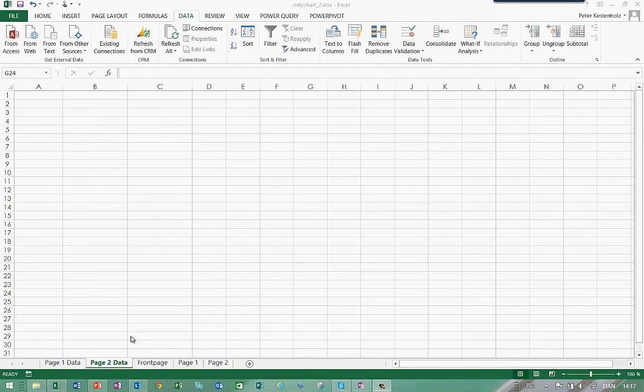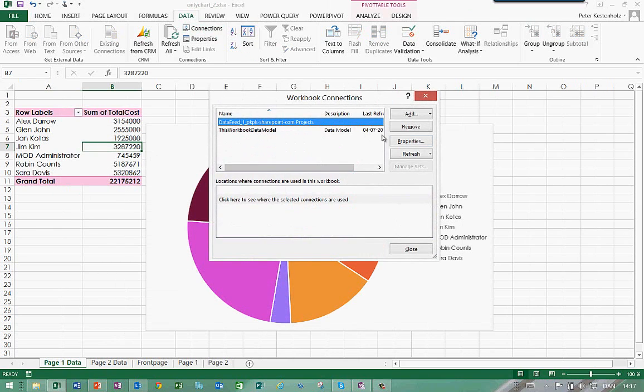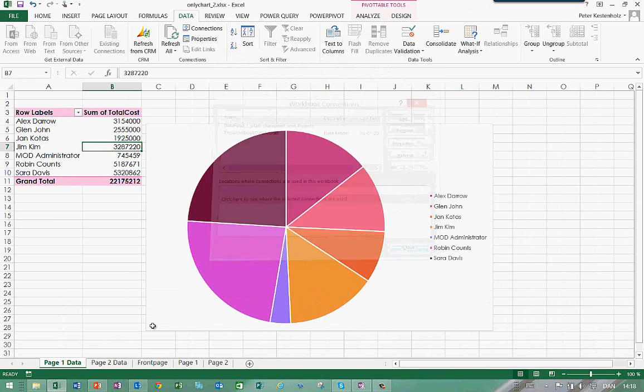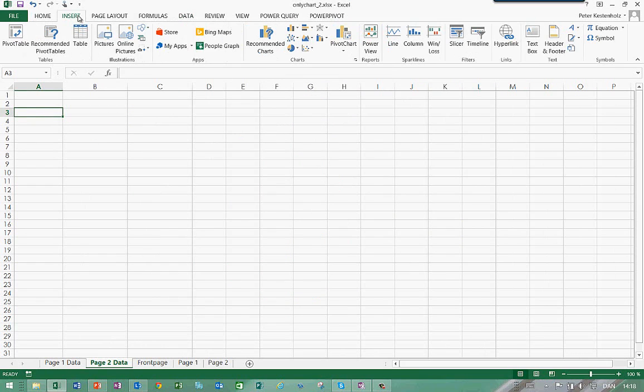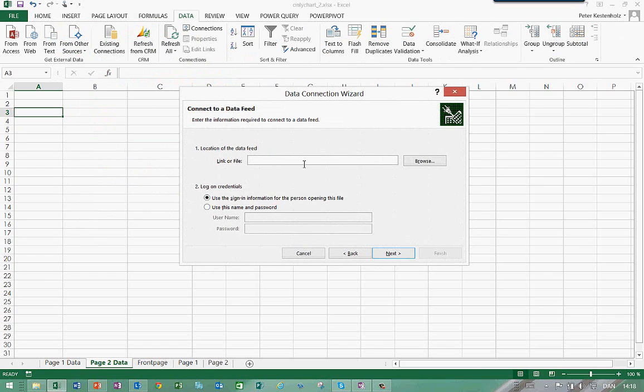Now let's try to get some data onto this page by creating a new connection. I will go to the original connection we have here, just to copy the path to our tenant, just using this all the way to project data. Copy, and on page 2 let's just insert the data from OData again, tenant name,